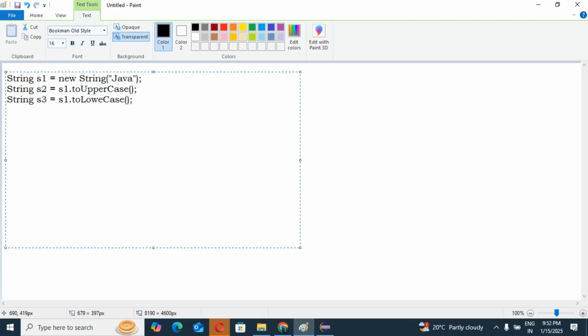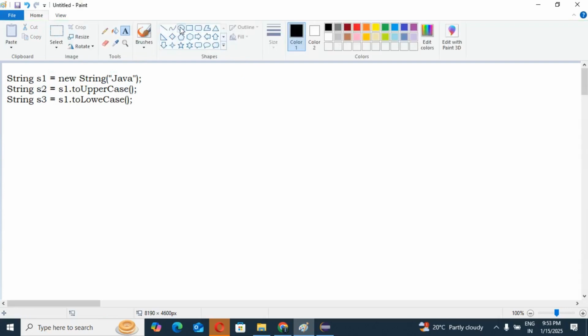First I will show where this object will be created, in heap area or in SCP area.